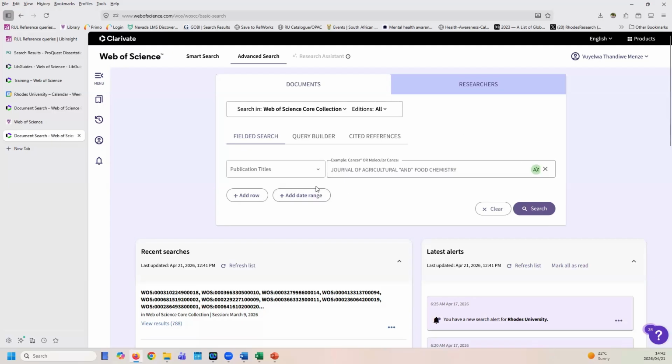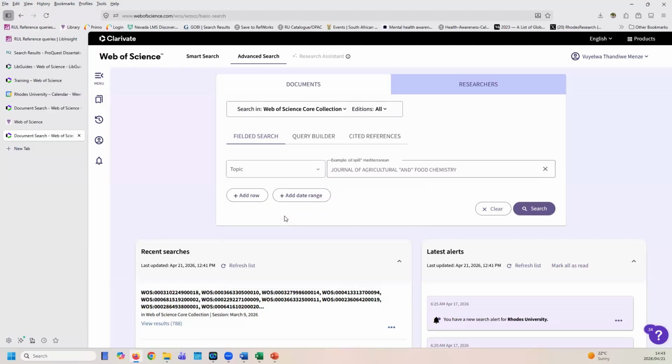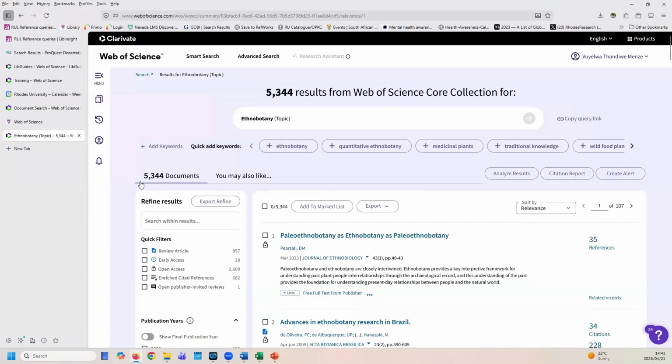And the search that I'm going to do, so under publication titles, I'm going to change that. So I want to begin my search with topics. So if I search under topics, it is going to search the title, the abstract, the keyword plus, and author keywords. So I select topics and I type in my topic. Okay, going to remove that. So I want to look up ethnobotany. It's given me a total of